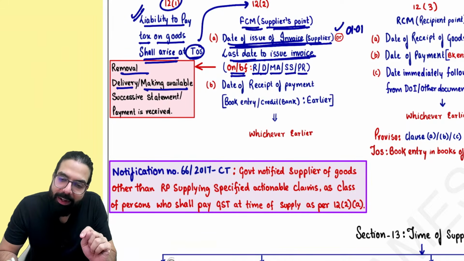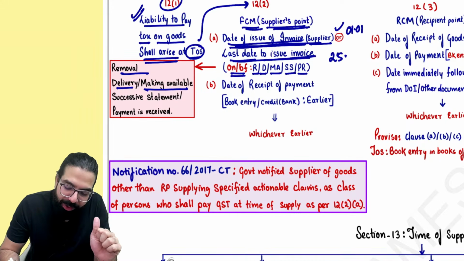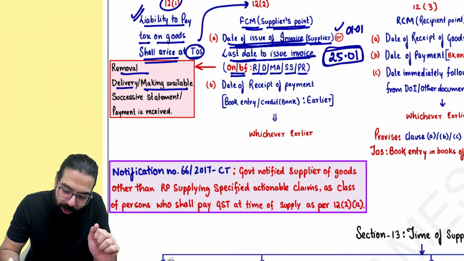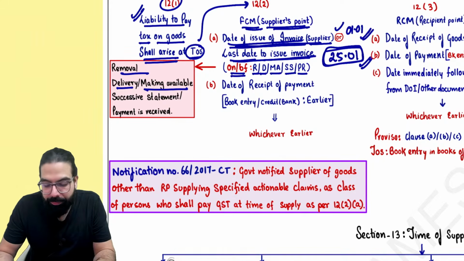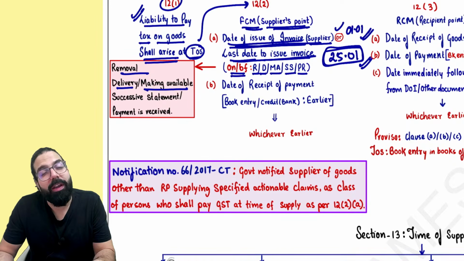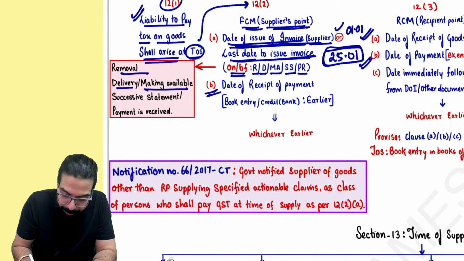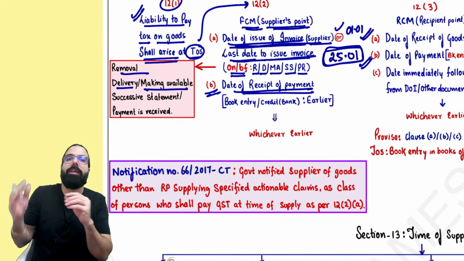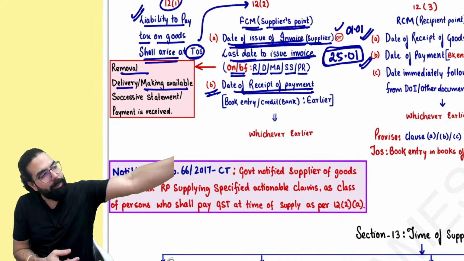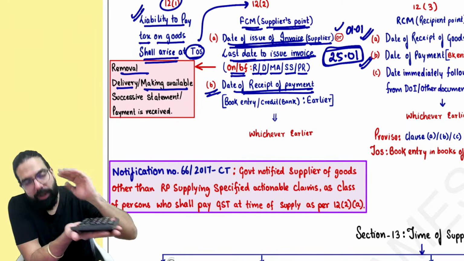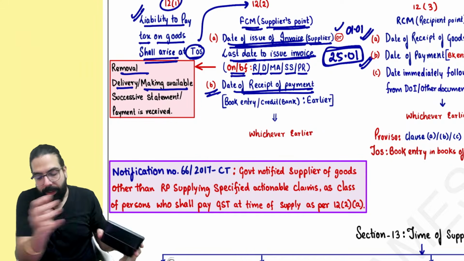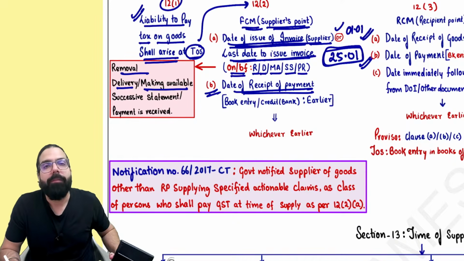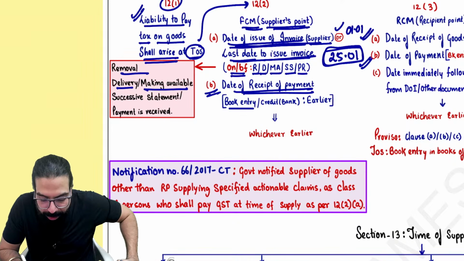For example, I went ahead and actually supplied the goods on 25th of January. Means I have removed the goods on 25th January. The last day to issue invoice was 25th January, but I issued the invoice already on 1st of January. Then they are going ahead and telling B point, date of receipt of payment. When did I receive? So for example, I am a supplier of calculator. I supplied the calculator, the day of issue of the invoice, the day when I should have issued the invoice, the last day, or they are going ahead and telling the date of receipt of payment, and means the day you made your book entry that you have received the payment, or the day it is credited in the bank account,